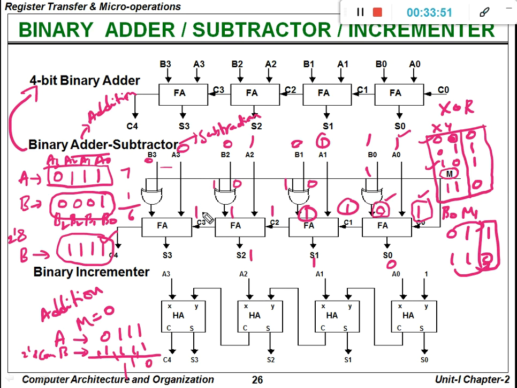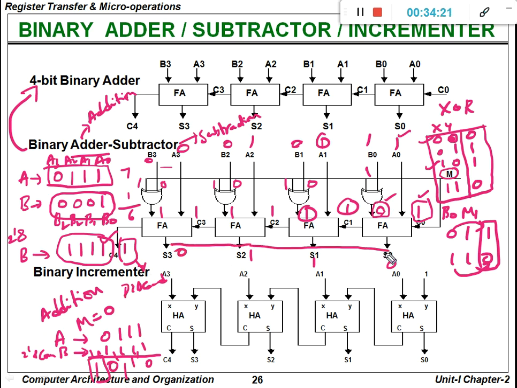Next, this is 0, this is 1. 0 plus 1, 1. 1 plus 0 plus 1 is 1, 0. Finally, we are going at 1. So this 1, 0. This carry is discarded. Discard carry.